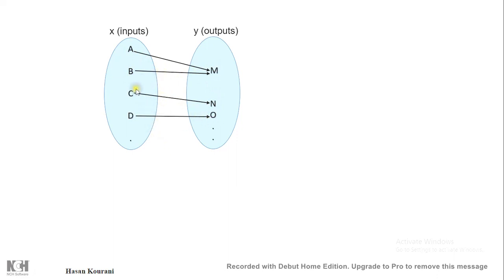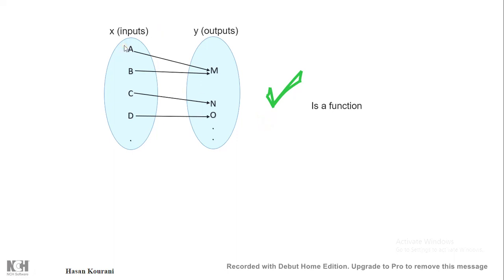You must ask yourself, is each element in the initial set related to one element in the final set? And the answer is true, since a is related to just m, b is related to one output. So in this way, we can notice that this is also a function,